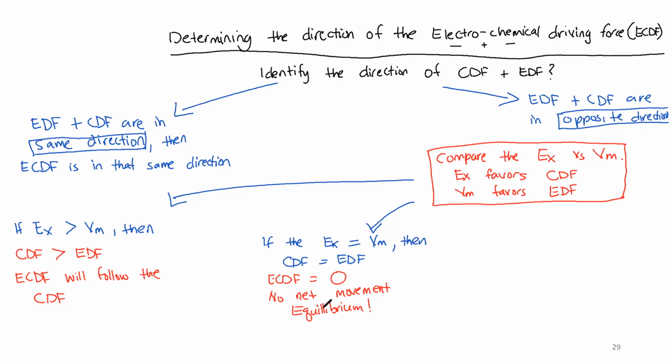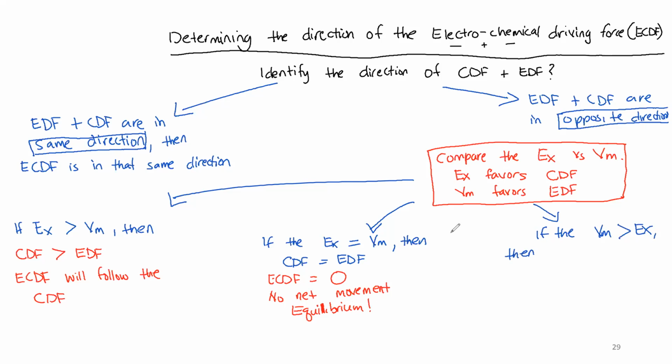Oops, I can't spell today. This should be 1L. Equilibrium, all right? If the membrane potential is now greater than the equilibrium potential, now we're going to see the opposite is true, right? The electrical driving force is greater than the chemical driving force. So if the membrane potential is greater than the equilibrium potential, then